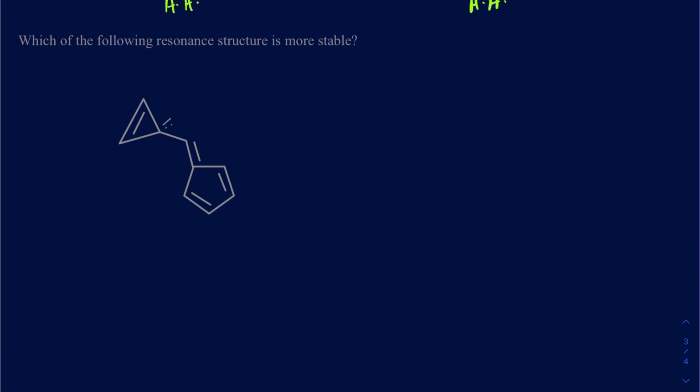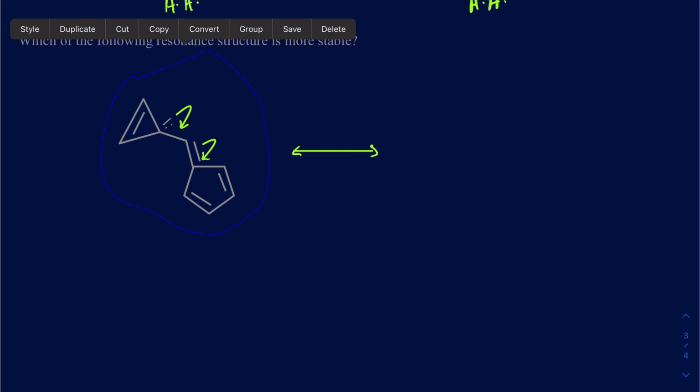Okay, let's look at this last question here. Sometimes they do ask you which of the following resonance structures is going to be more stable. Obviously, I didn't really draw the second resonance structure, but if I go ahead and draw it, this is how it's going to look. This lone pair is obviously allylic. This can move down there, and this pi bond is going to move down here to create the lone pair there. So I can just copy this,